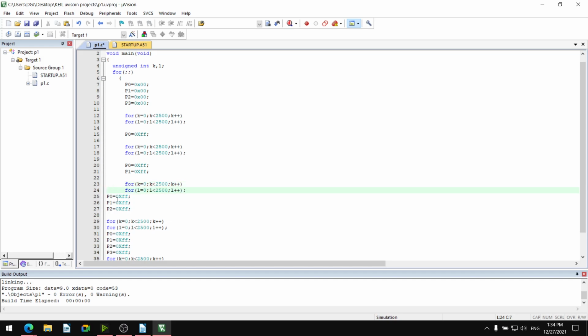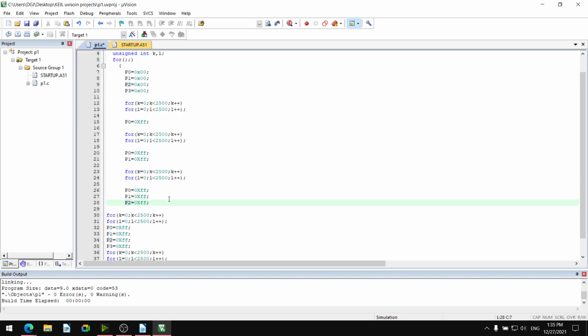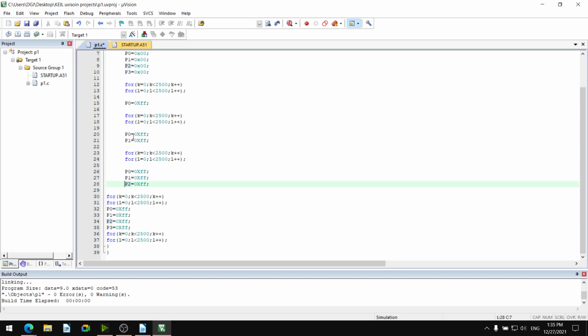I am editing just to understand what it is. After this delay, there is P0 equal to FF, P1 equal to FF, and P2 equal to FF. Each time sequentially one port is increased. First all 4 are 0, then only P0 is FF, then P0 and P1 are FF, then P0, P1, P2 are FF.